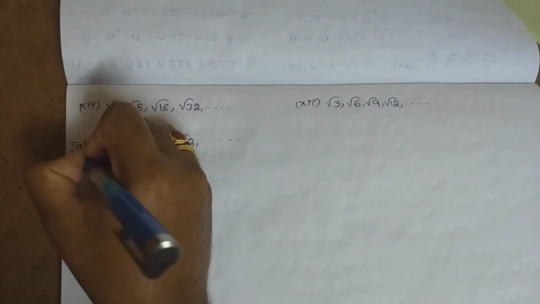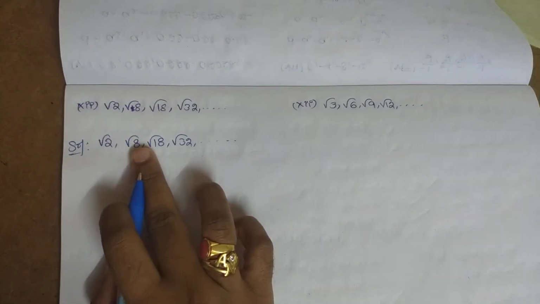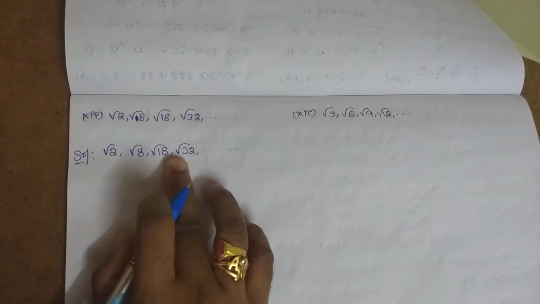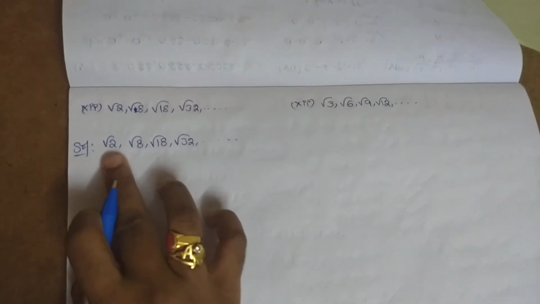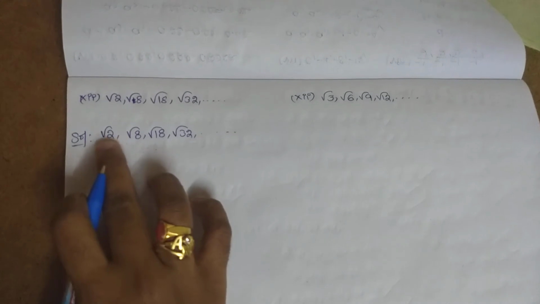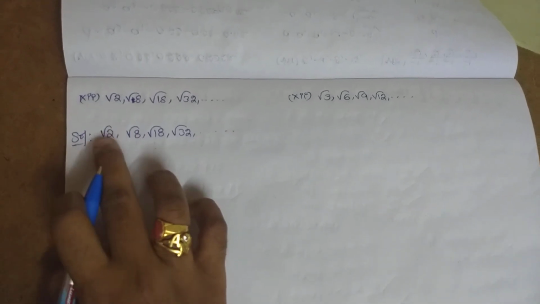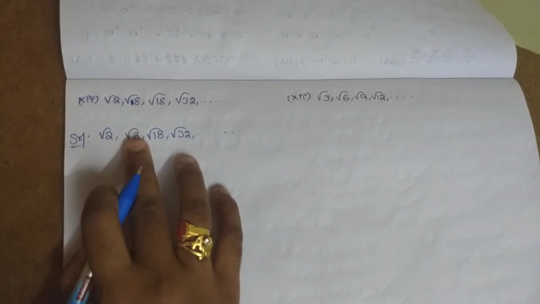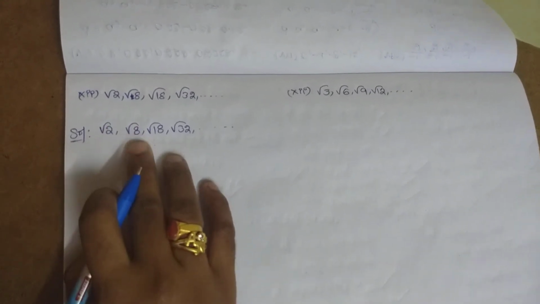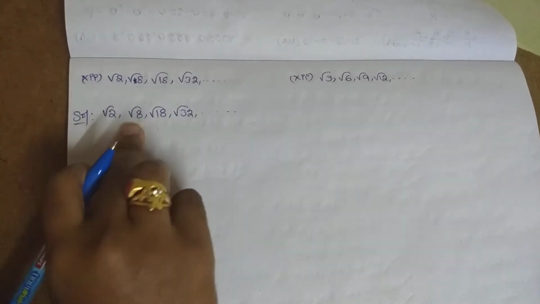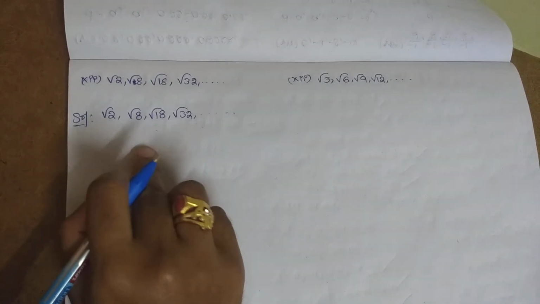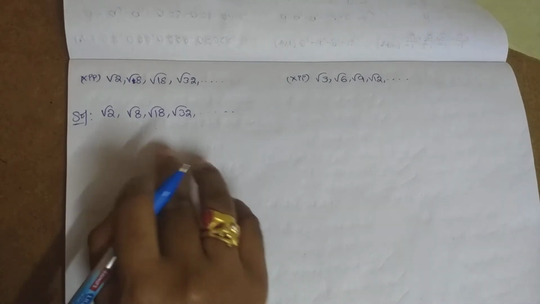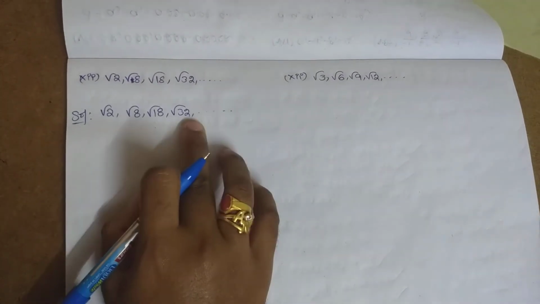This is the solution. So here root 8. When you see here, roots have to be in the form of prime numbers only. Under root, it has to be only prime numbers, then only those numbers are non-perfect squares. Correct? So root 2, root 3, root 5, root 7 are all non-perfect squares. So put it in the form of non-perfect squares.